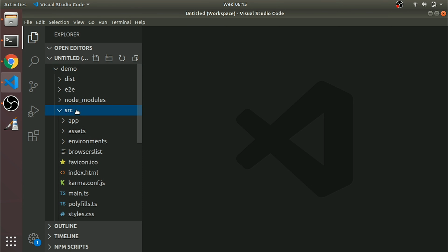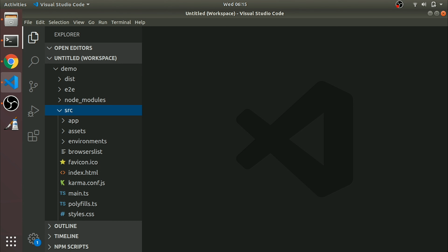Let's go back to the src folder. This is the main working directory for our application. We have app, assets, and environments. Assets contains JS, CSS, and any font files. Environments contains settings for different environments. Suppose we are working locally, so we have a local environment. If we are working live, then we will have a live environment. Why do we have 2, or we can have multiple also, because our local setup and live setup may not be the same, right? That's why we have created 2 things here. You can create multiple also. For user acceptance, you can create another config over there, right?